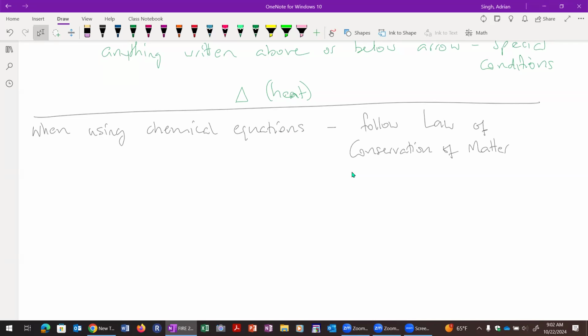And the way that this applies to the chemical equation, so essentially the law of conservation of matter says that you cannot create or destroy things, right? So you can't make something out of nothing, and things just don't disappear. What does happen in a chemical equation for a chemical change, right? We rearrange things. So from a practical perspective, what this means is that the number and types of atoms